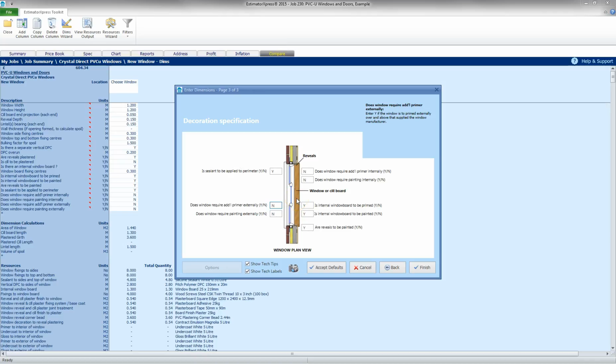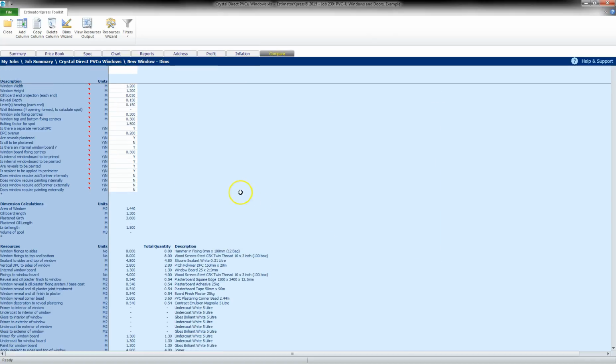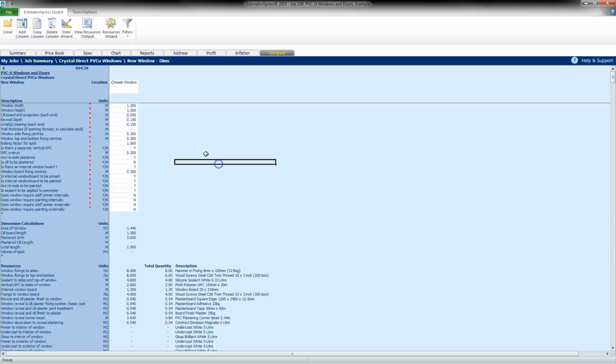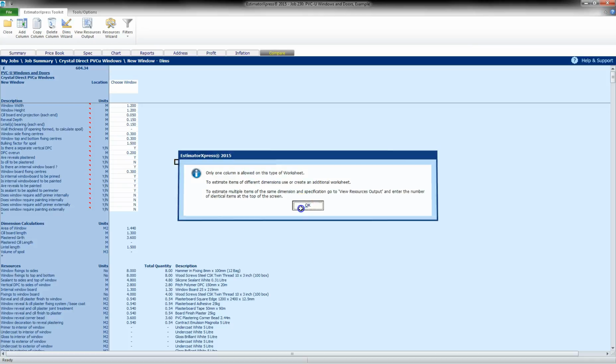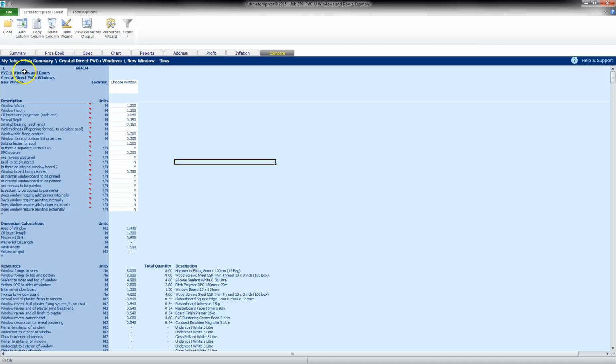Now because this is a PVC-U, it's not going to require any primer there, but the window board itself may need priming if you've chosen a wooden one. Click finish, and we are now done. Now, unlike previous windows, I cannot add another column to this. It will tell me here that I will need to add a separate